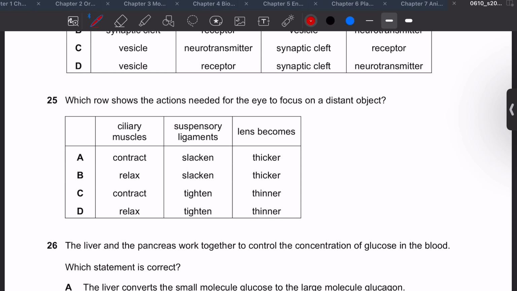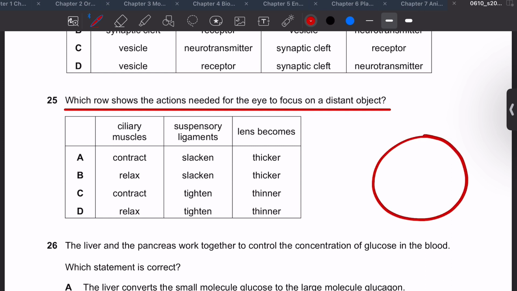Number 25. Which row shows the actions needed for the eye to focus on a distant object? So, in order to see a distant object, the lens that is present inside the eye should become thinner. So, when we think of the lens